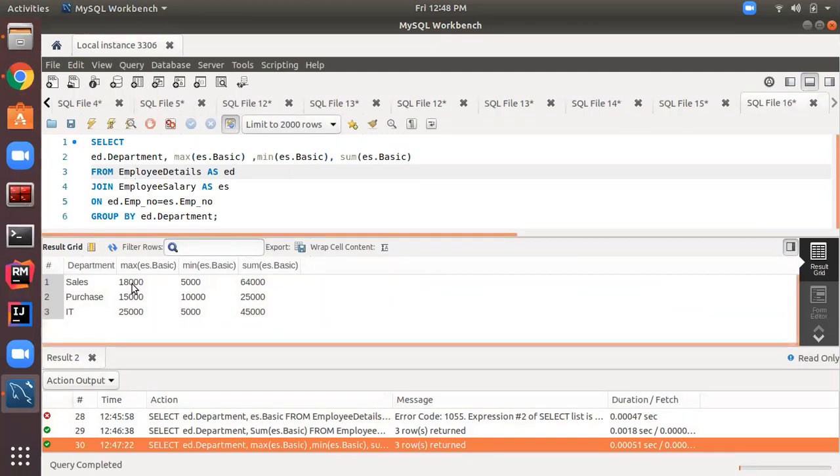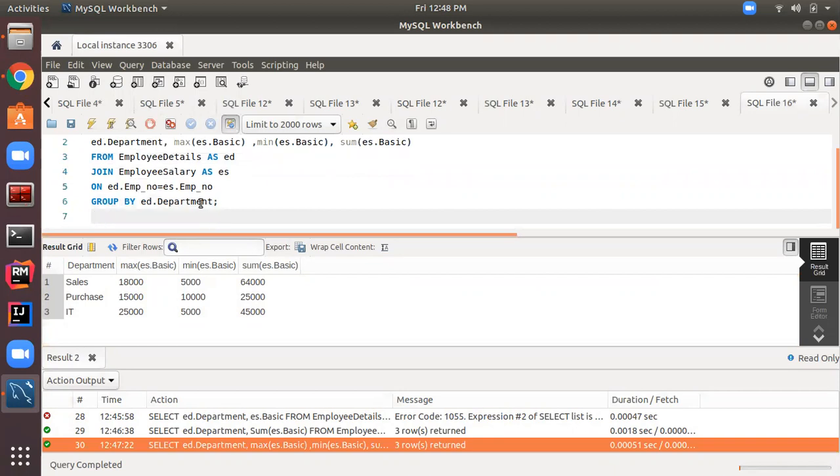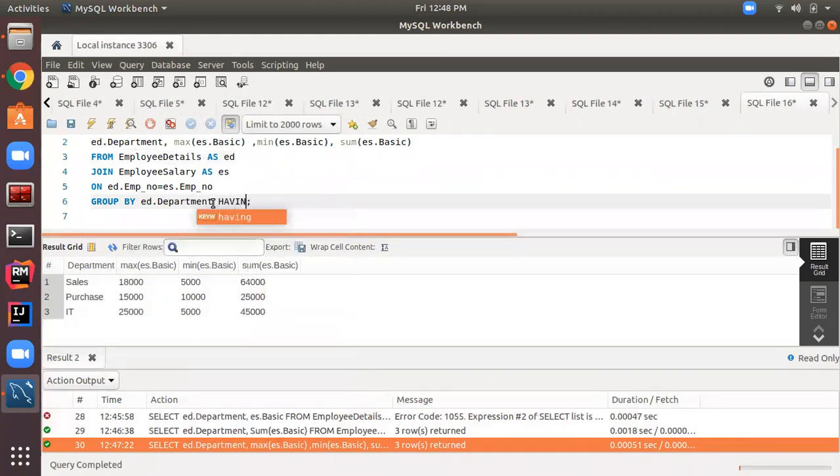Now I want to filter my data further, so I need to use another clause, having. Here I can further filter my data and add the having clause. The condition is for department, so I can give ed.department, and in this example I want IT, so I give IT, right?